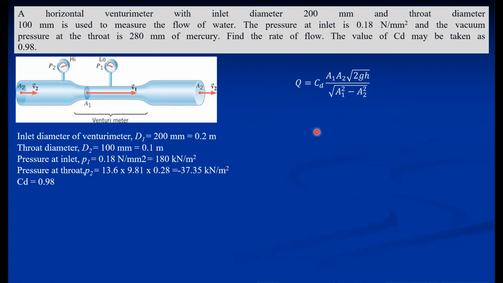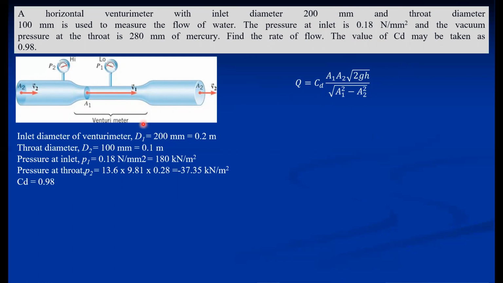So wherever there is a problem on venturimeter, don't forget to draw the venturimeter and write the expressions. At the minimum you can do this. Even if in some cases you won't get time to complete the paper, quickly draw the schematic diagram of the venturimeter showing the pressure gauges, because here pressure gauges are used, not the U-tube differential manometer, since pressure is directly given at the inlet and throat. This diagram and this equation are sufficient.